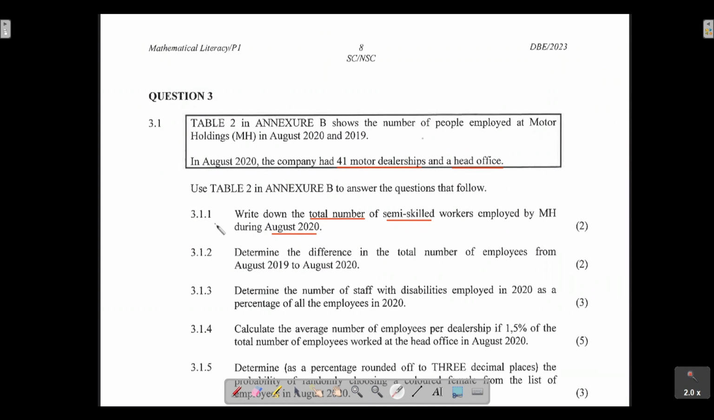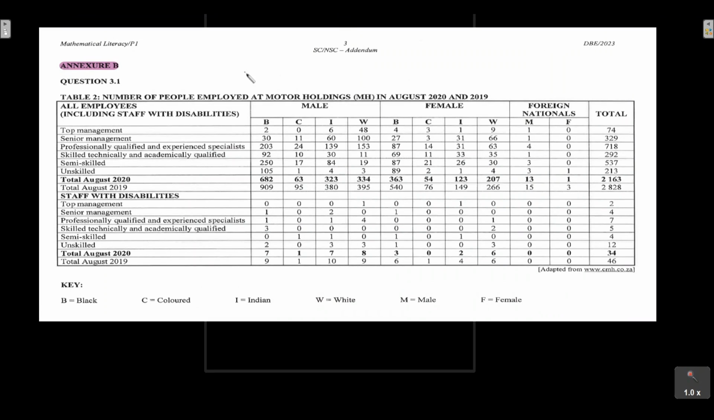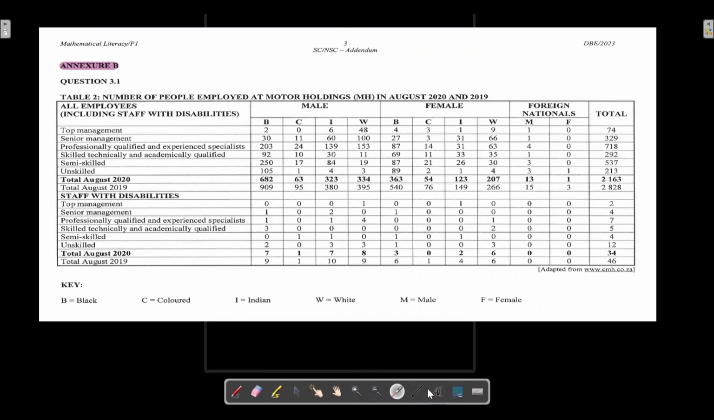So let's have a look at the initial question, because we were just analyzing. We have to basically write down the total number of semi-skilled workers that are employed by MH during August 2020. Okay, so we're going to be looking at semi-skilled. We want the total number for August 2020. So we're going to be focusing our attention on semi-skilled workers that worked in the company during August 2020